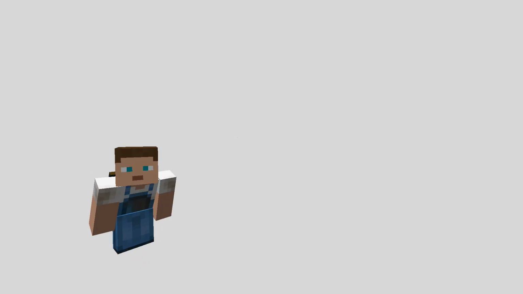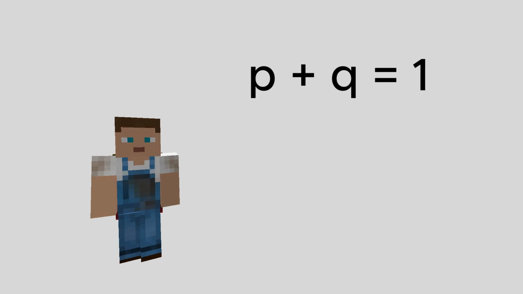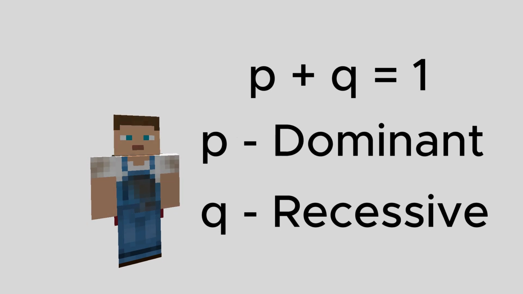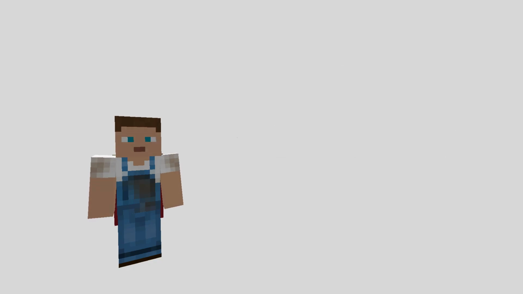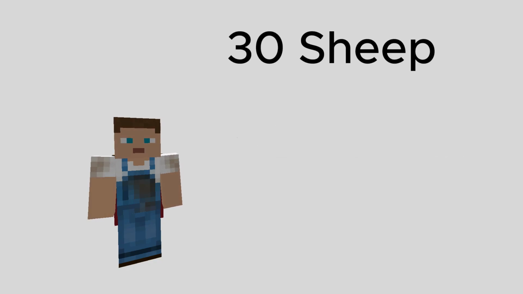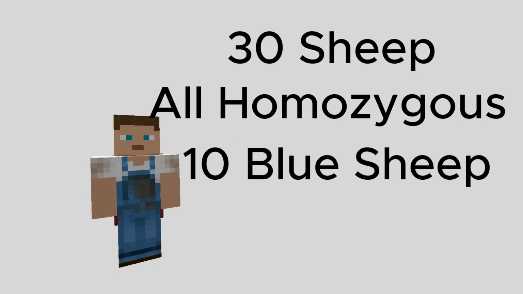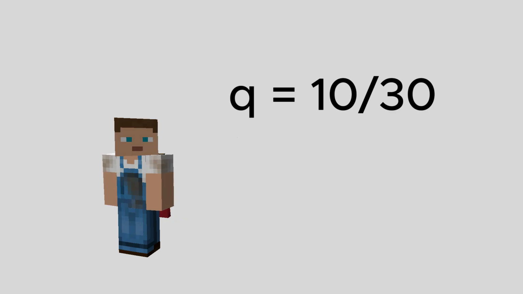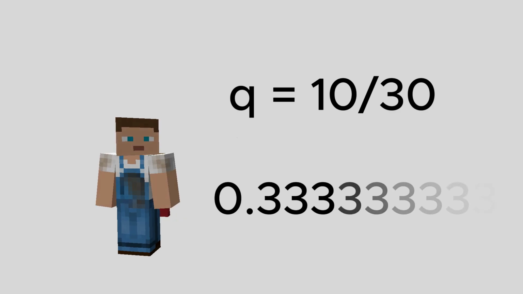Now, getting started with the actual equations. There are two of them that you need to keep in mind. The first one is P plus Q is equal to 1. P stands for the dominant allele, and Q stands for recessive. If there are 30 sheep and all of them are homozygous, then we just count the 10 blue sheep there and we find out that Q is equal to 10 over 30. As a decimal, it's